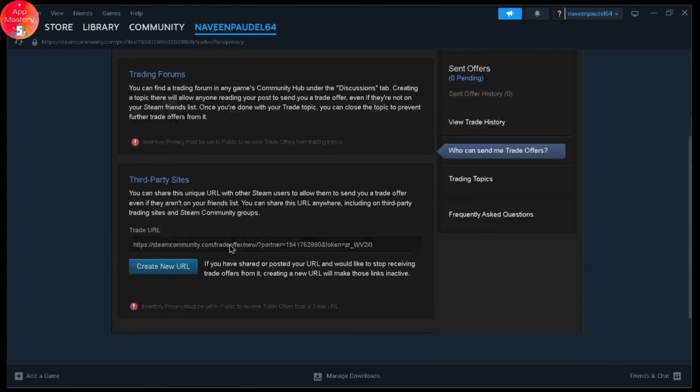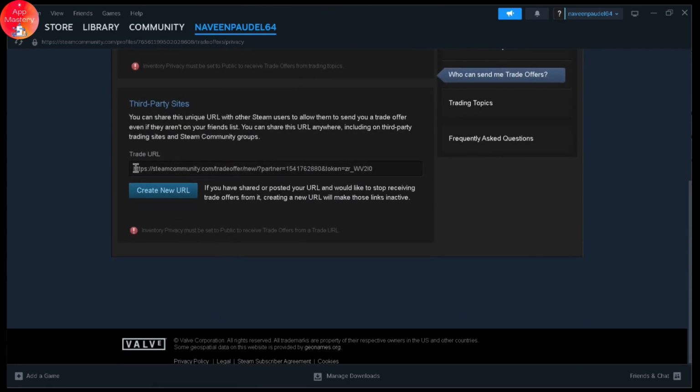And here you can scroll down, and here you will have your trade URL. So you can simply copy this URL and you can paste it wherever you like, or you can send it to your friends or anything. So that's how you can find your trade